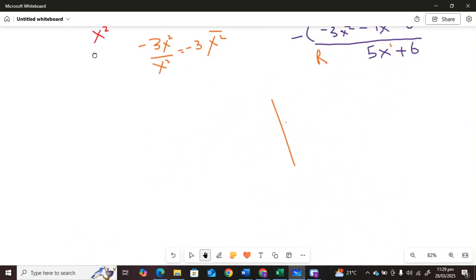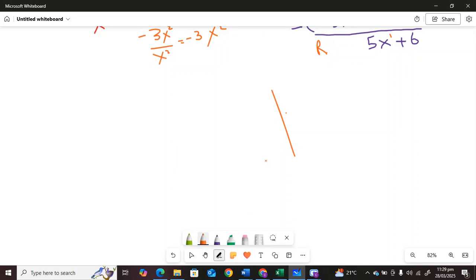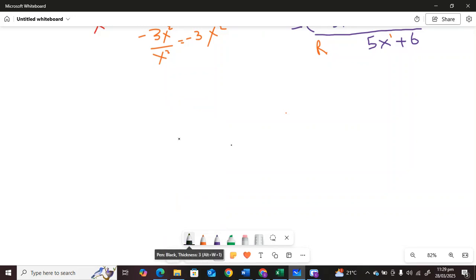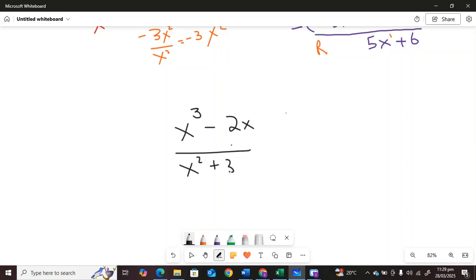So x minus, put it here, x cubed minus 2x equals x squared plus 3x plus 2